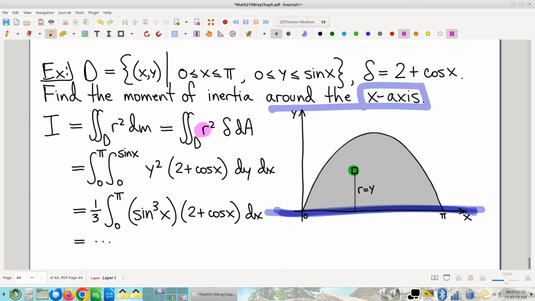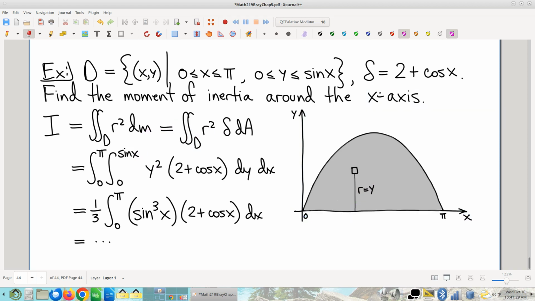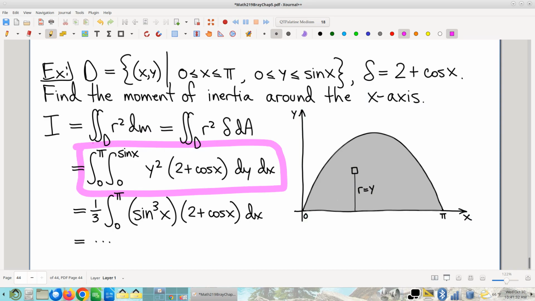Well, that distance in this case is just y, and it's tempting to say absolute value of y, and that would also be correct, but then you notice that y is always positive on this domain, and so we could just say y for free. Is that cool? Is everybody with me? Okay. So r is y. And then it's all over but the plug and chug. At this point, here's our double integral. Oh, you do have to slice up the bounds. So this gives you these bounds,